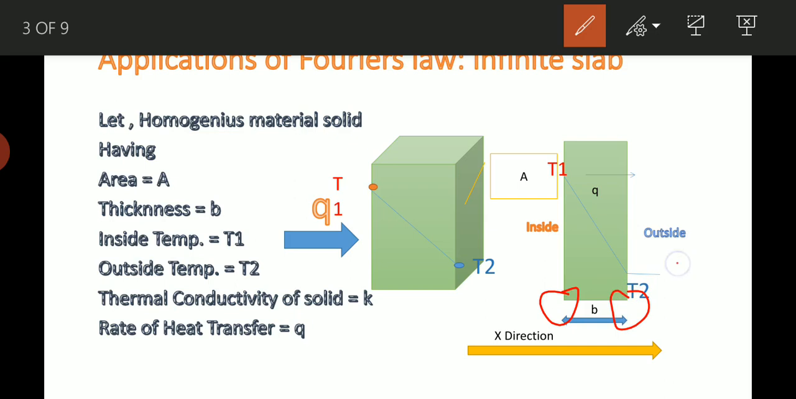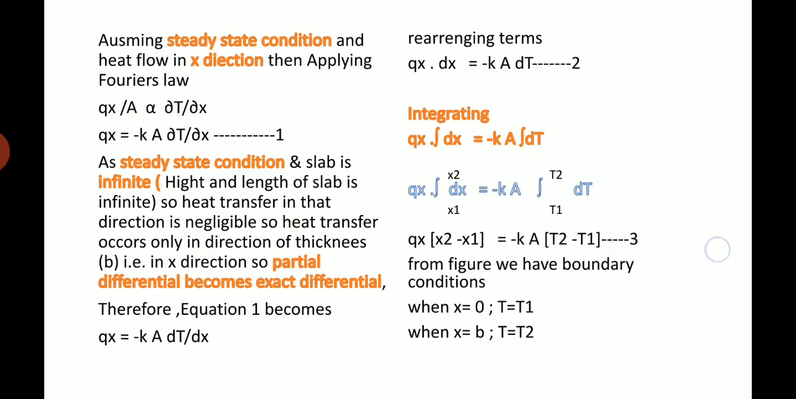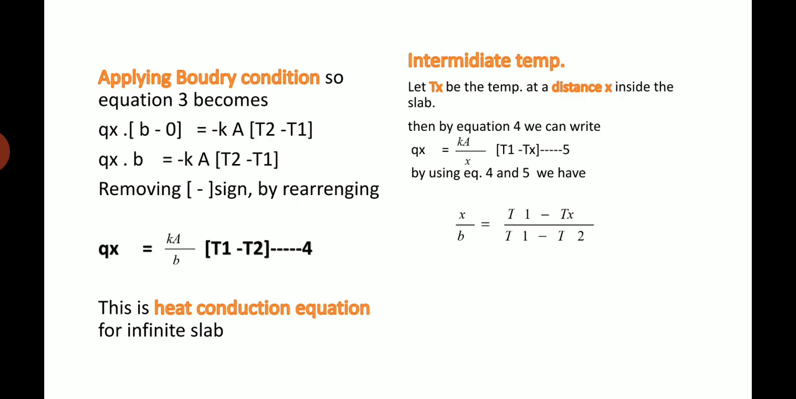By using these two boundary conditions, we apply them inside the equation. After applying the boundary conditions, we get qx equals kA by b, times (T1 minus T2). This is equation number 4. Okay, and this is our final equation for heat conduction. Now, to find the intermediate temperature, let us say